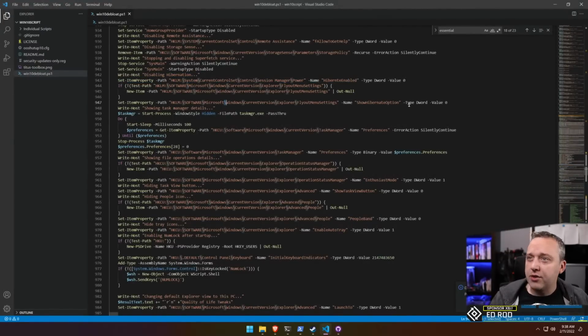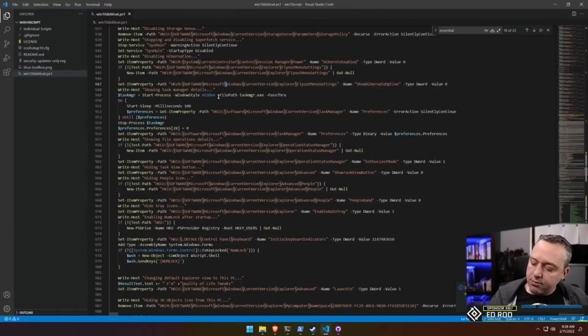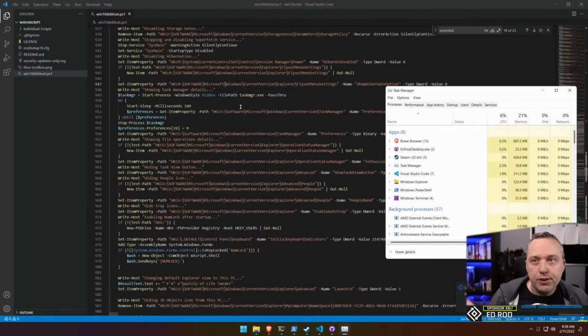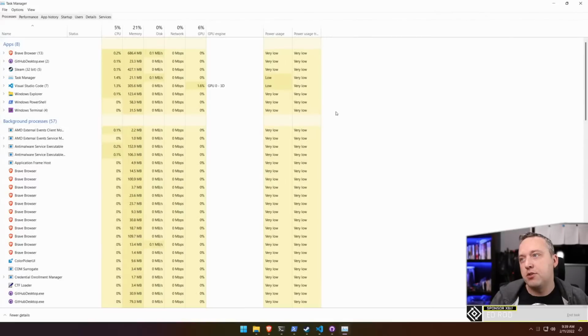Fly out menu settings. This is just more of a delay kind of thing in hibernation that we talked about. Task manager details. If we hold control shift escape, we get right into task manager. Some people still do like control delete. Don't be that person. Control shift escape. You'll thank me later. What this does is it shows details by